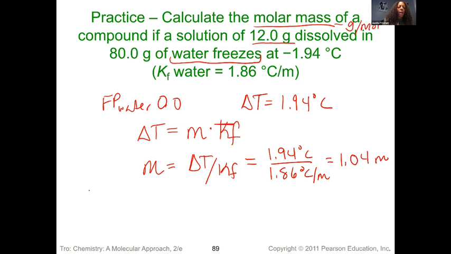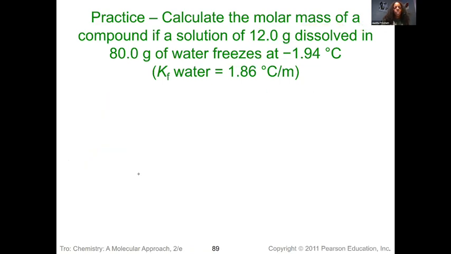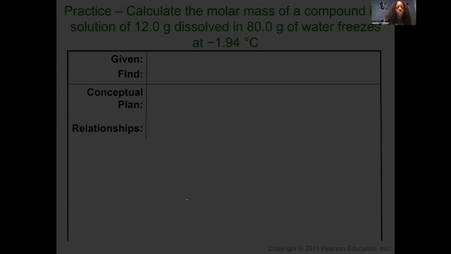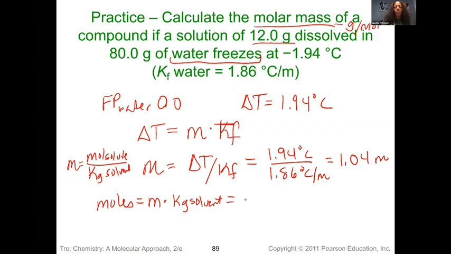Remember that molal is equal to the moles of the solute divided by the kilograms of solvent. So if we want the moles of solute, we would take that molal value times our kilograms of solvent. So our molal value would be 1.04